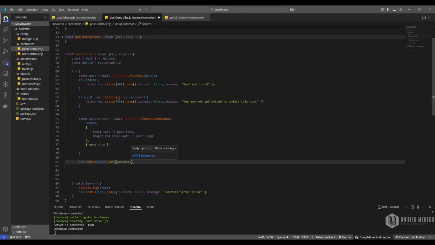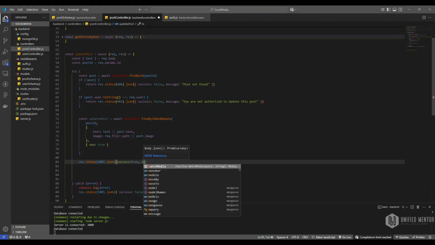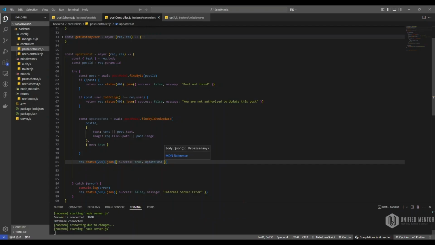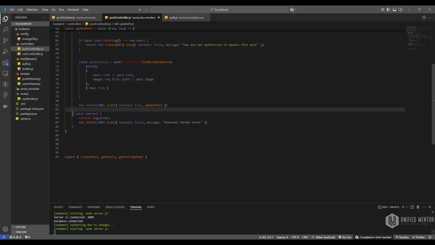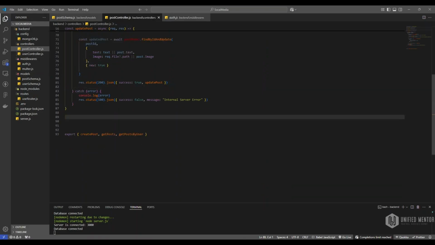where success should be true, and we can give a message. You can give a message if you want. I will just give updated post. I will not give any message here, so that the post will automatically show where the user can see it without any toast here. If you want, you can give the toast in the front end. I will not give any message here. Okay. After that,